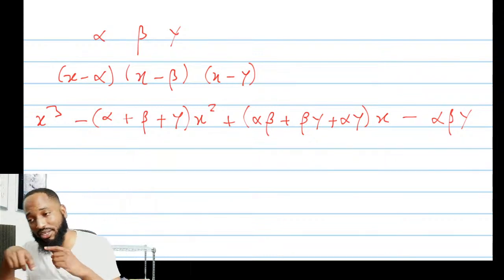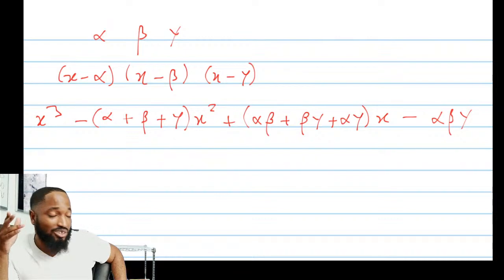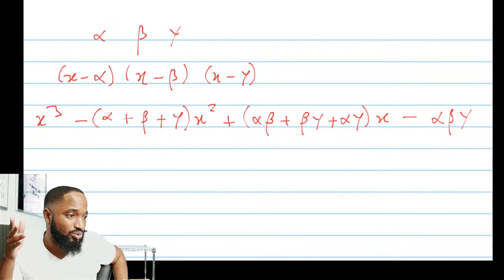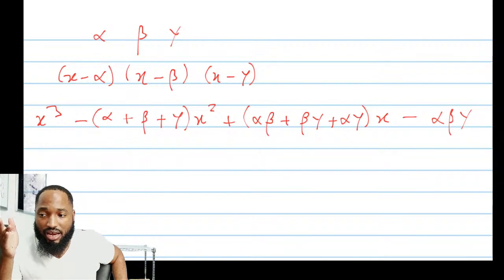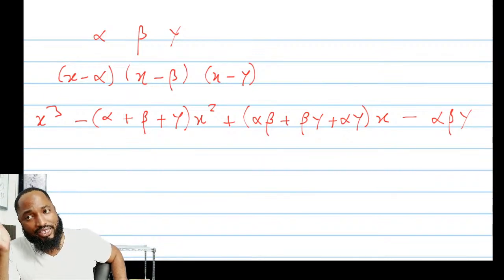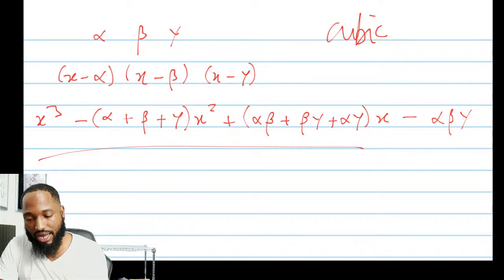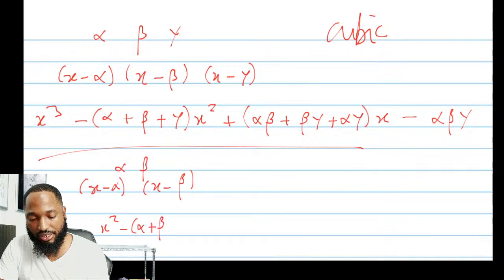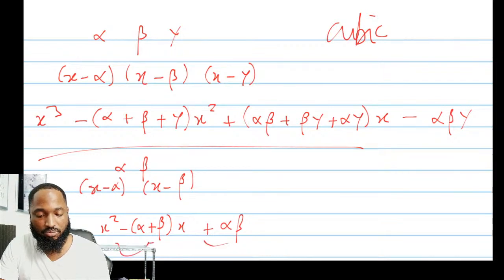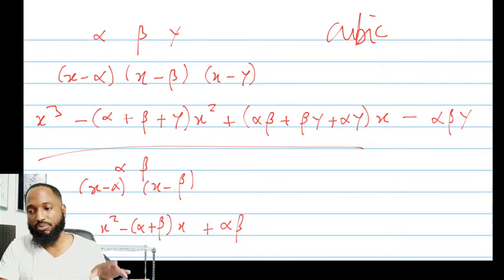Also, they could swing back on you and just bring the alpha and beta instead of bringing the gamma. The alpha and beta is simple. You start with the negative sum. This is for a cubic polynomial. If it was just a quadratic, alpha and beta alone are the 2 roots. So x minus alpha, x minus beta. In the end, you'll end up with x squared minus alpha plus beta x plus alpha beta. So it's minus the sum plus the product. Straight up. This one's straightforward.